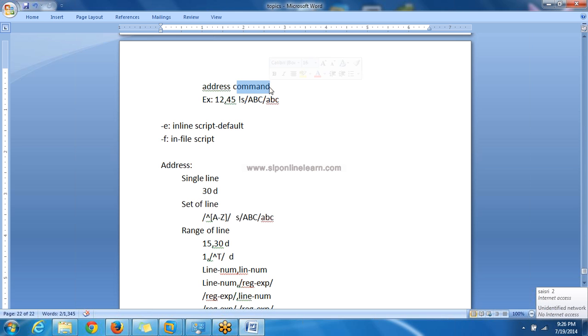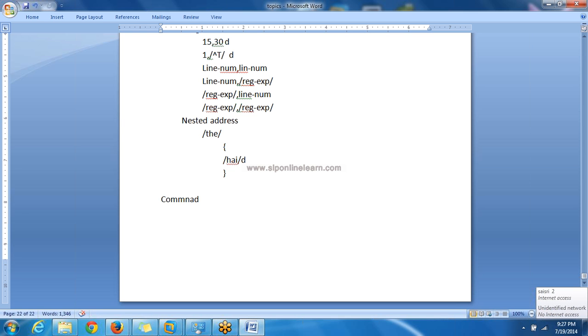What different commands are available in the sed command, we'll see. Before the command, if you use this exclamation mark, then it is negation. So this command will not be executed on this address; other than this address, this command will be executed, if you use this complement symbol.